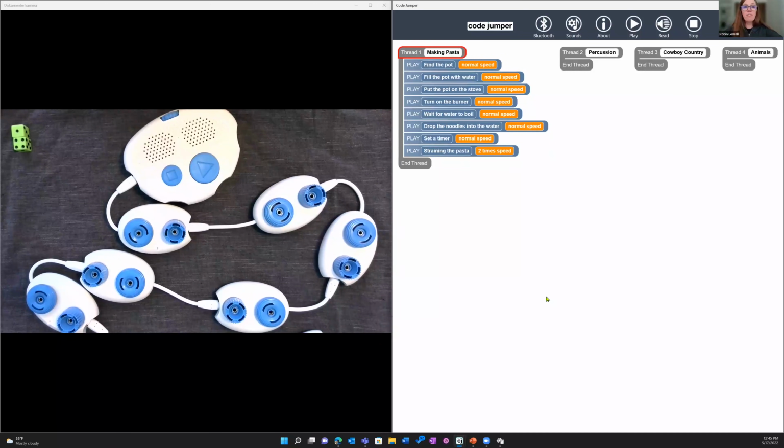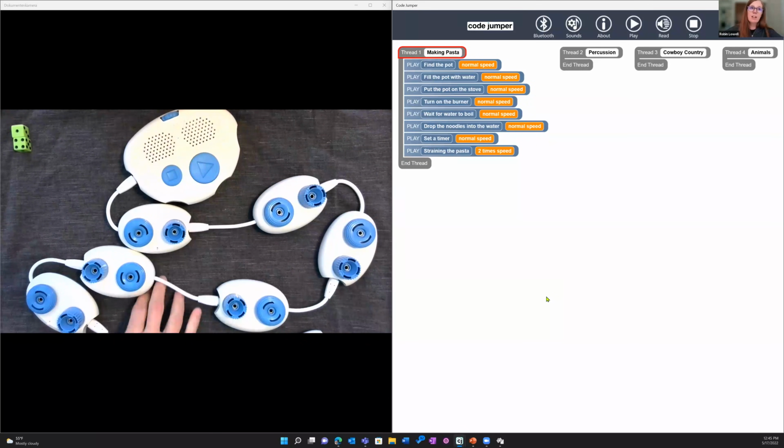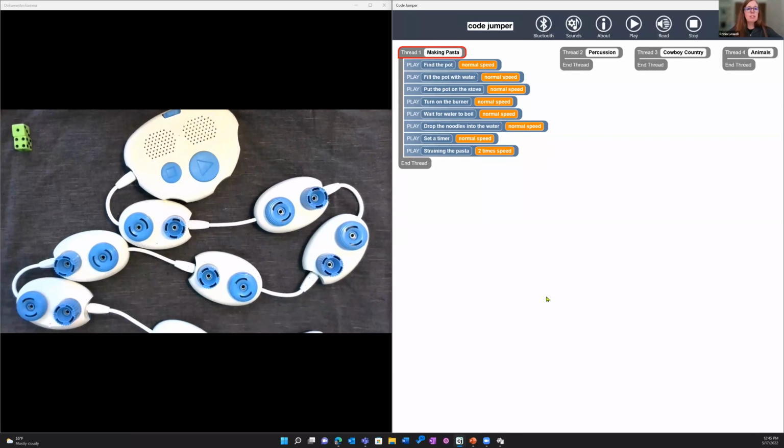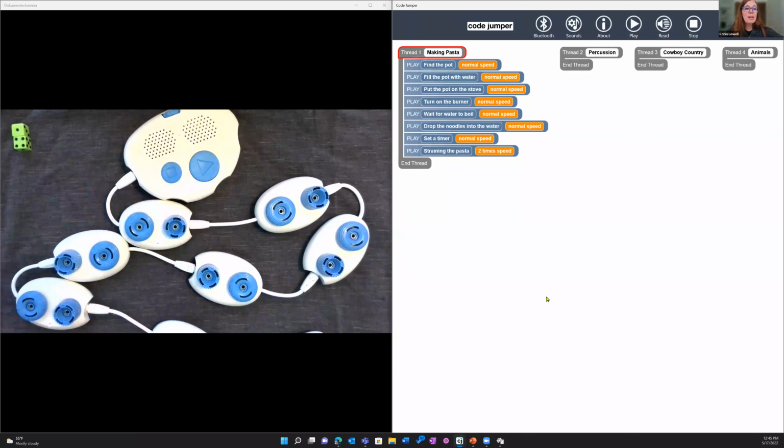So just for full transparency, Beth has never seen this sound set before. So this was all that processing and problem solving using your computational thinking skills on what the process would be. And there's lots of opportunity to debug, as we call in computer science, to find errors. I'm not going to run the code because there's a lot of long sounds in here, but you can run it with your students, and then you can create a recipe for making pasta.